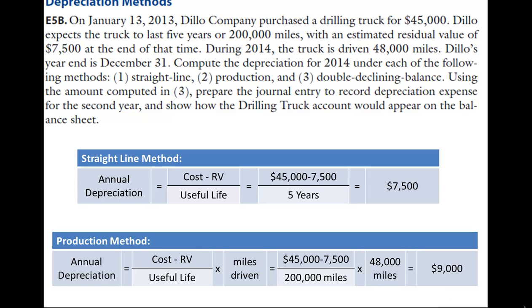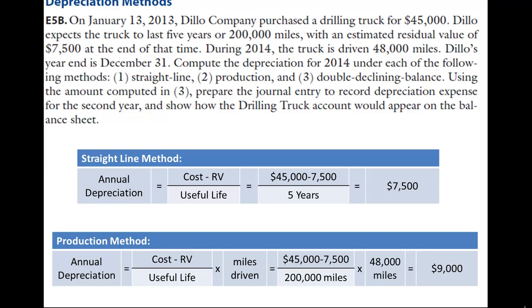So if we take 45,000 minus our 7,500 divided by our 200,000 miles, and then take that times the 48,000 miles that it was driven for this year, we come up with an annual depreciation of $9,000. The journal entry would be similar to the straight line method. The only thing that would change would be the dollar amount. We will debit depreciation expense for our truck and credit the contra asset accumulated depreciation for our truck in the